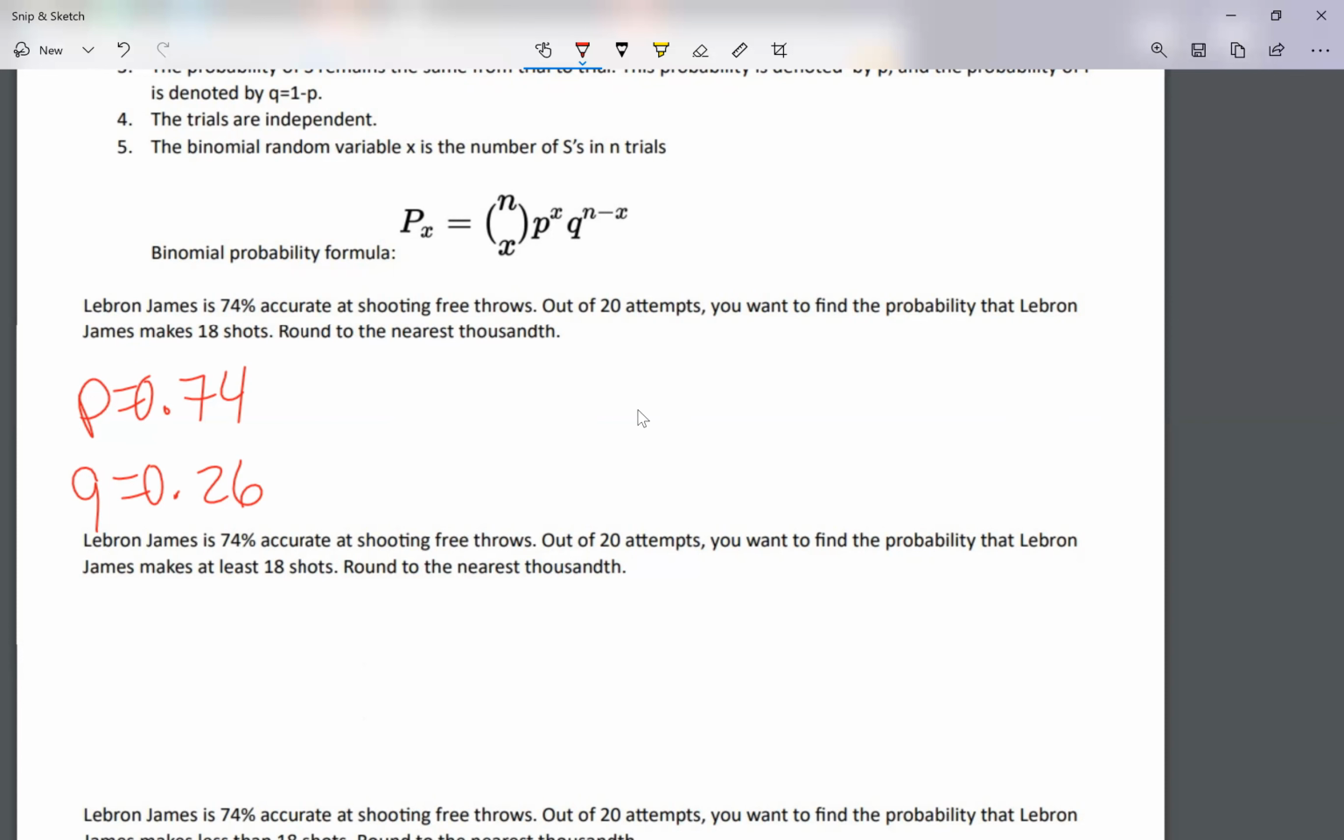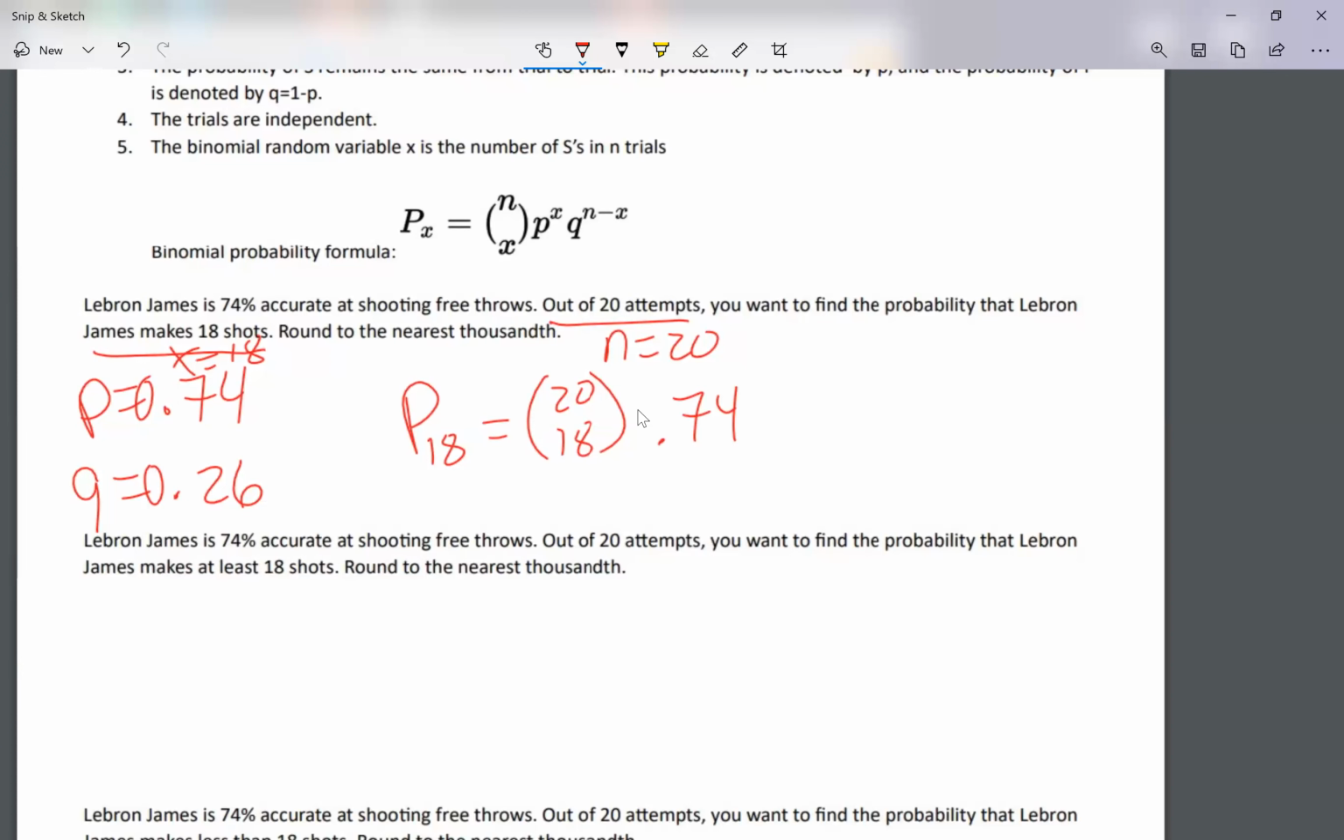Out of 20 attempts, so n equals 20, you want to find the probability that LeBron James makes 18 shots. Round your answer to the nearest thousandth. Here, x equals 18 and n equals 20. So the probability that he makes 18 shots is 20 choose 18, using my formula, times